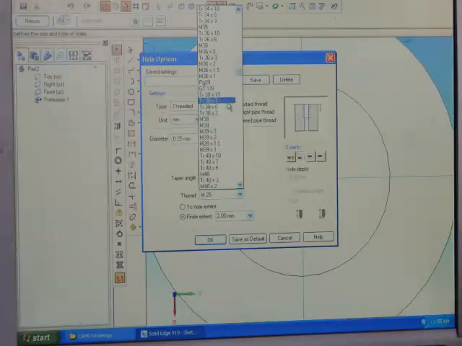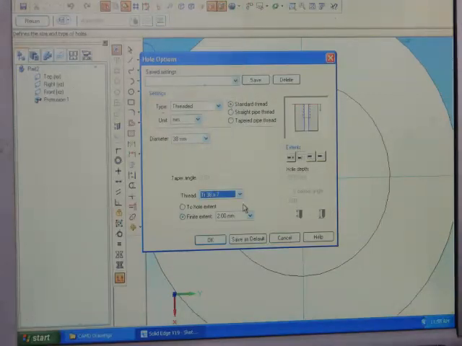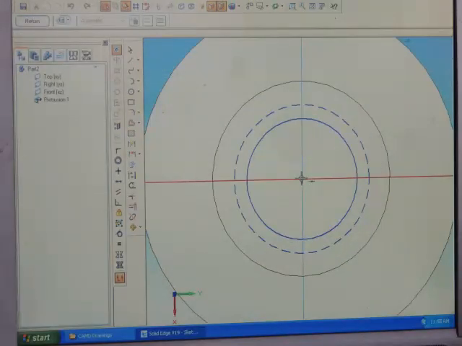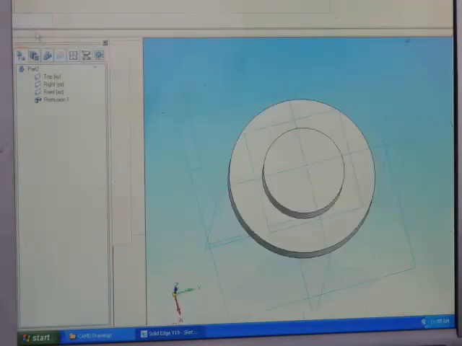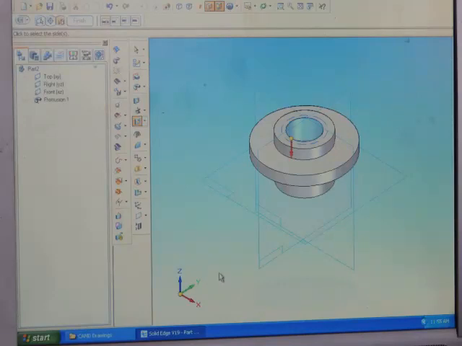Select for square thread, you should take it as TR 38 into 7. So to the whole extent, through all, okay, place it in the top. Return, downwards direction, finish, cancel. So now go for round command.